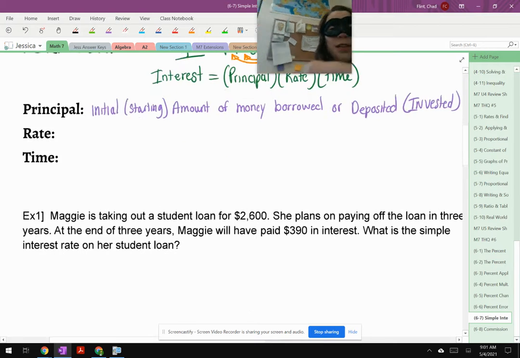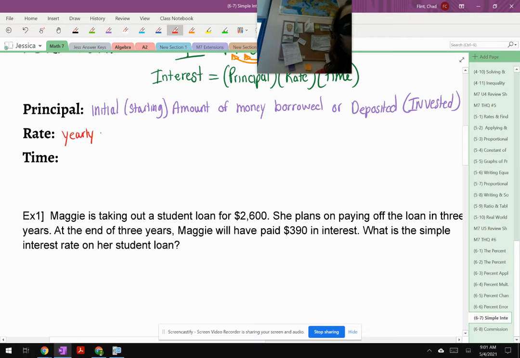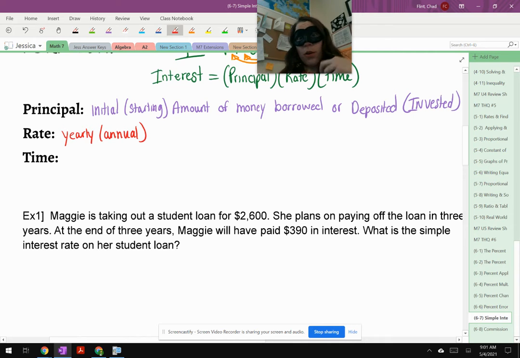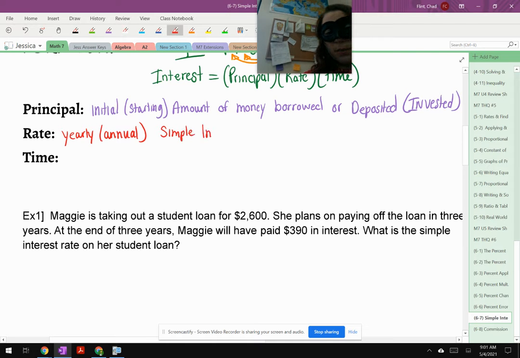Your rate, this guy is super important. Your rate is going to be the yearly rate, aka annual, right? Annual is just another name for yearly. Your birthday's annual because it happens every year. And this is just your simple interest rate. You'll have to read carefully. Simple interest rate. They're usually going to be given to you as a percent,